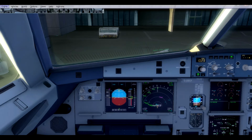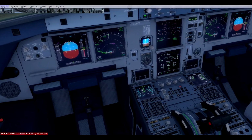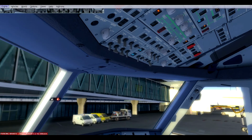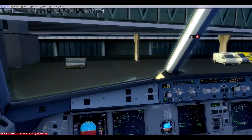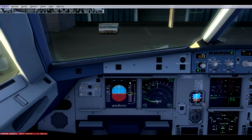Thing about this checklist is the parking brake isn't even set. Thing about the checklist is they have to wait for the APU to turn on before they move. It's just silence. So the first time I did it, I had no idea what was going on. Just looking out the window, that's so realistic. Do you know when you look inside, like in real life, and it's really bright outside, it simulates that really well. And then when you look, it's just like, wow. I chose late in the day to fly because I realised the sun would be a little bit more effective at casting shadows. So I know these things. Set on. External